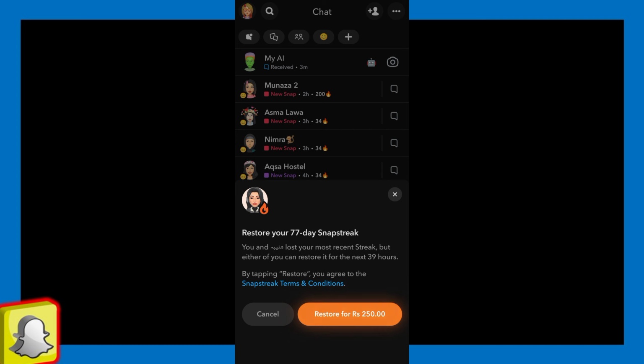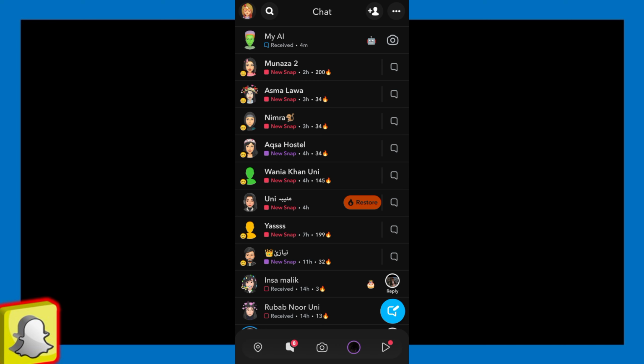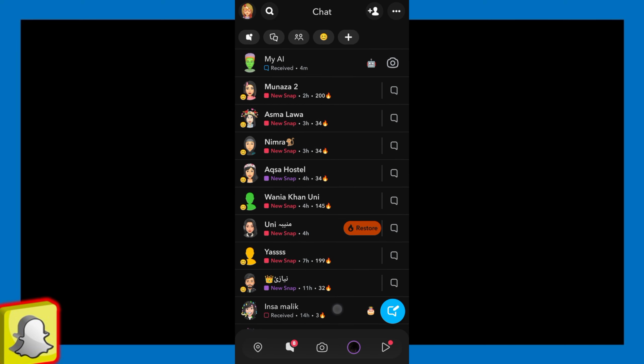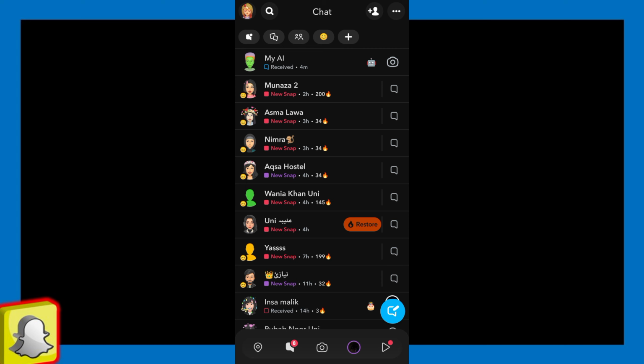So guys, if the restore button is not available, you can submit a request to Snapchat support to restore your streak. So guys, it is important to note that Snapchat streaks are not a guaranteed feature of Snapchat, and they can be lost due to a variety of reasons such as technical issues, app updates, or